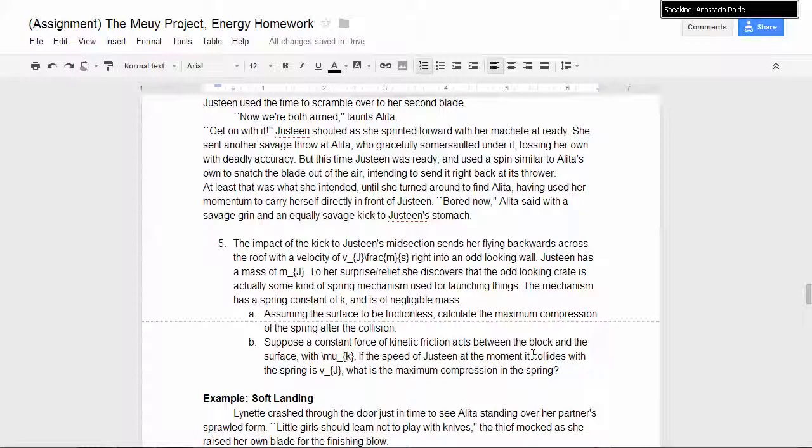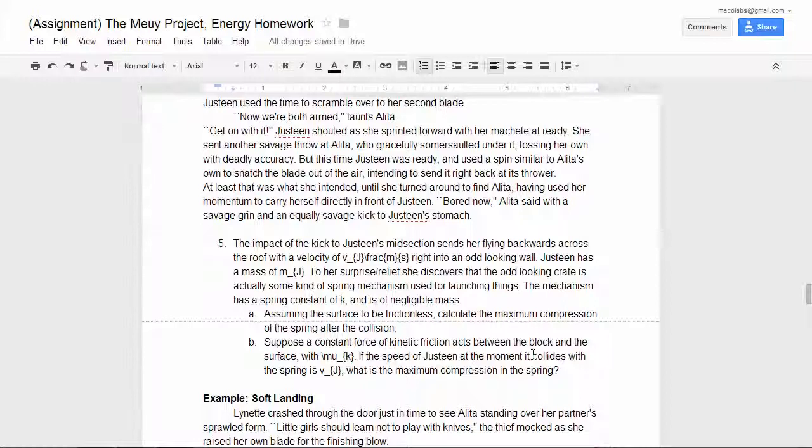Apparently, Justine kicks Alita, and you can find all about it in the... when you read it. Actually, I mixed it up. It's Alita kicks Justine, and she kicks her in the midsection, right in the stomach, sends her flying across the